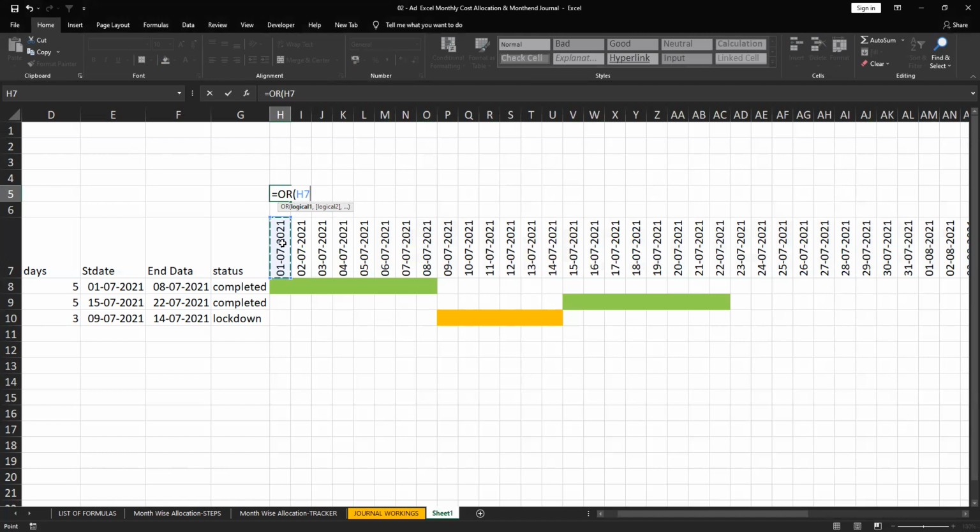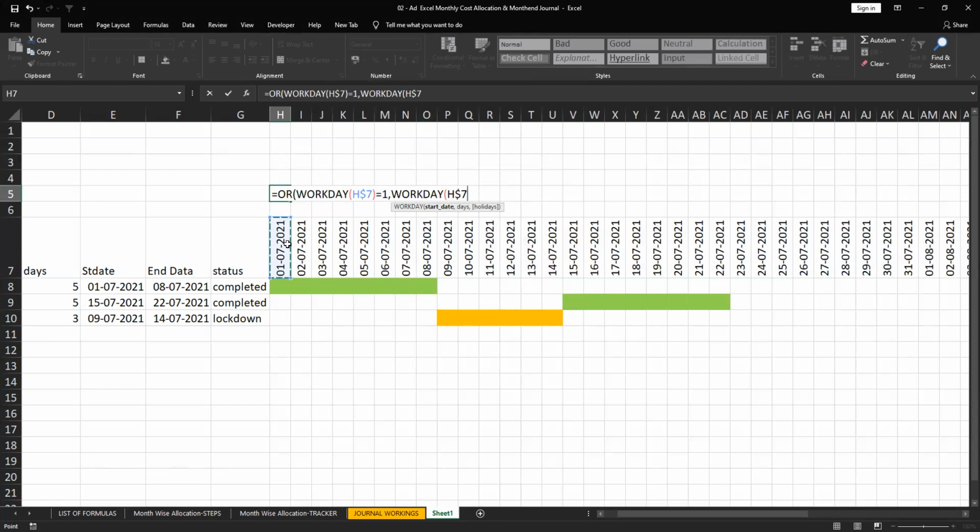So this 7 should be fixed, equals the same formula I am using here. Then comma, again the same thing.